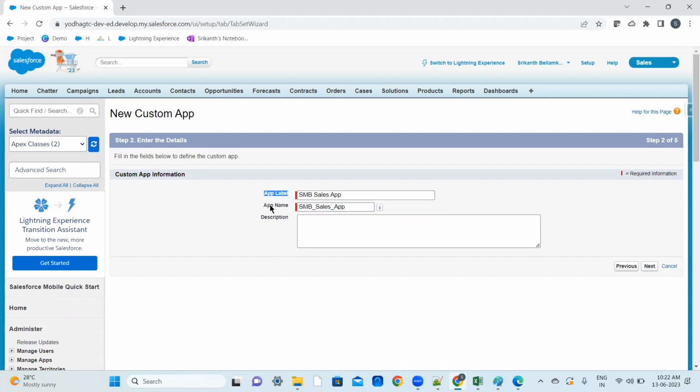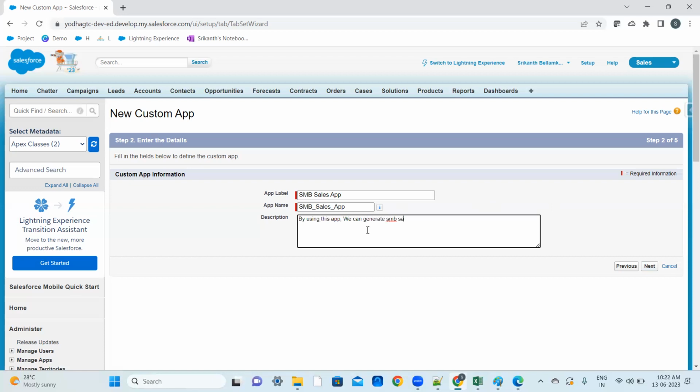This is a label name, this is an API name. API name will be unique. Our Aadhaar record number is unique or not? Similarly, we can call these API names. API name means application programming interface. That is the unique part. It's unique. Spaces should not be there. That's why whenever a space comes, by default it puts an underscore. Nothing else; if you click here and then here, it will be pre-populated automatically. Okay, so by using this app